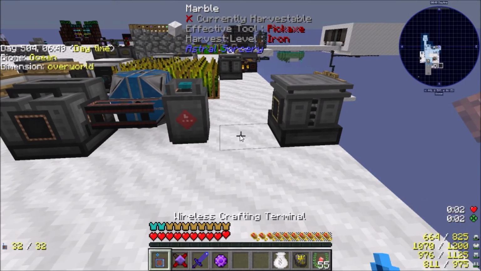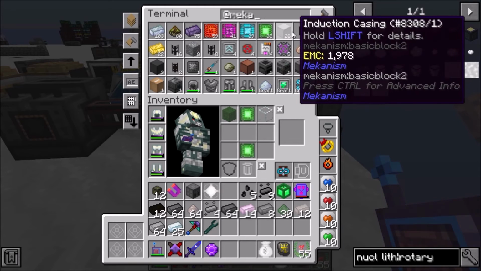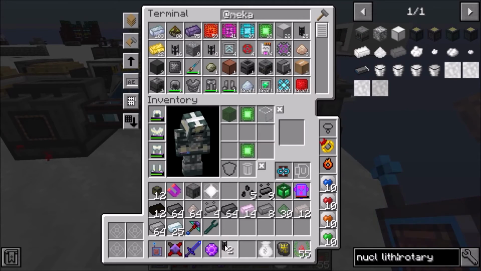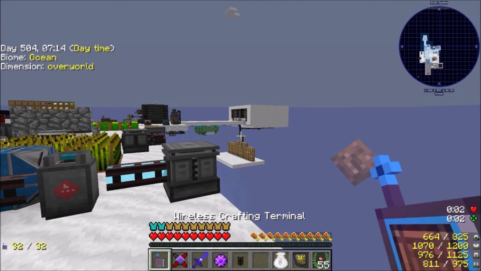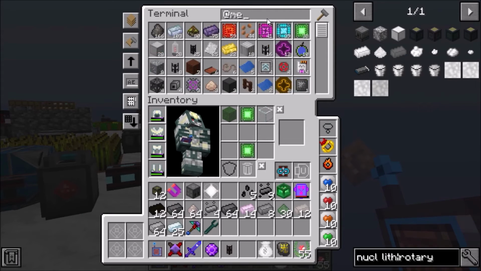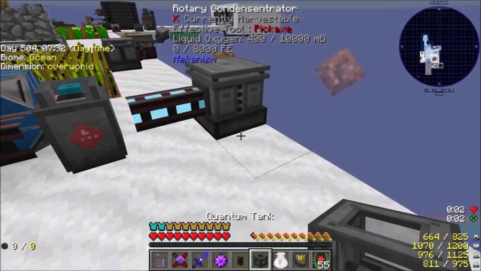Alright, let's get us some. We need something that holds gas. Capable of holding gases. That is going in there. That should be making liquid oxygen. It is. We can get a... and I really don't want to put it in a quantum tank, but